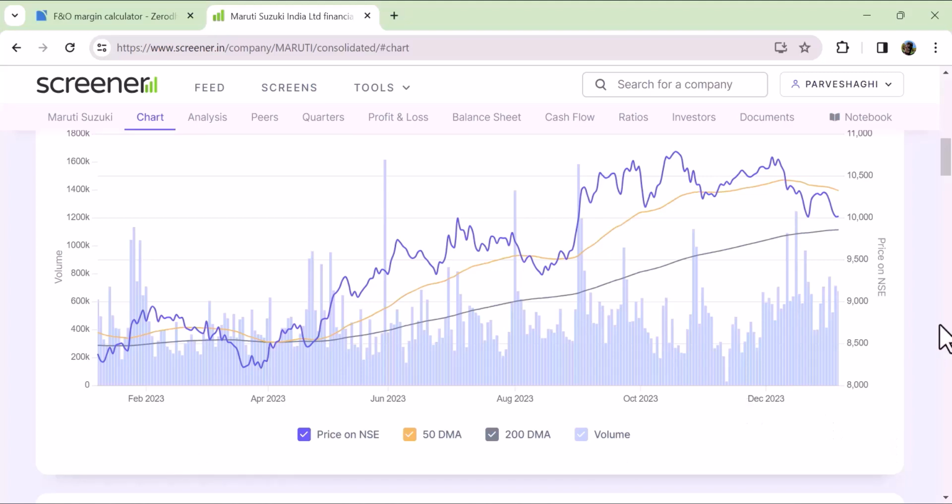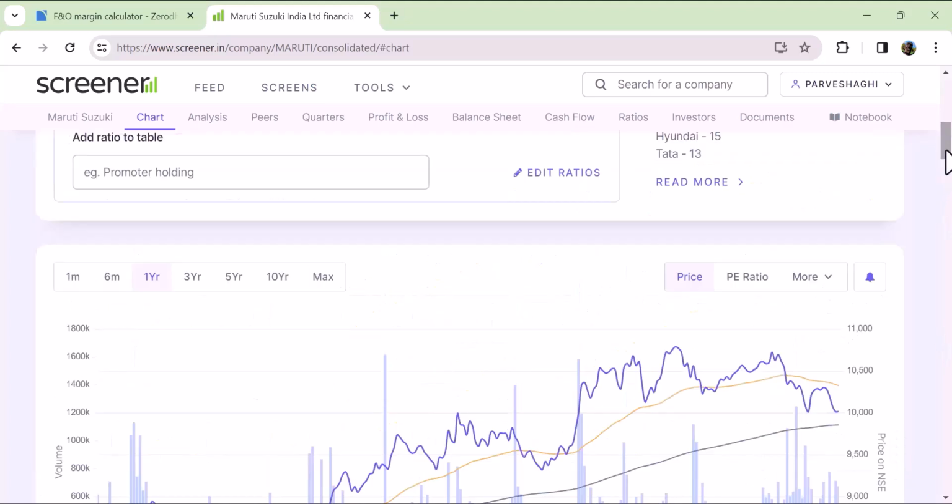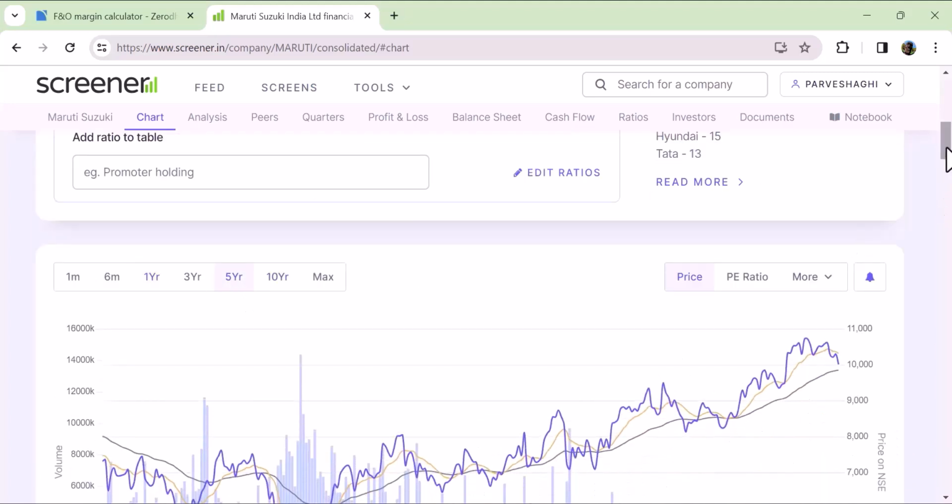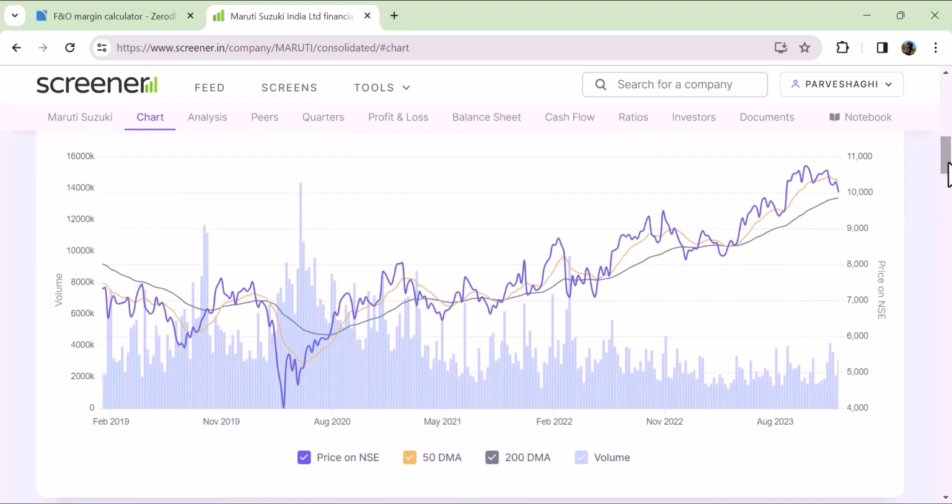Okay, 5 years. So that is what I wanted to do. Look here, the stock, of course, it's a 5-year chart. In the last 4 or 5 years, Maruti has not given enough returns. It has given only 29% returns, or even less than that. You can just check. Just hold on.